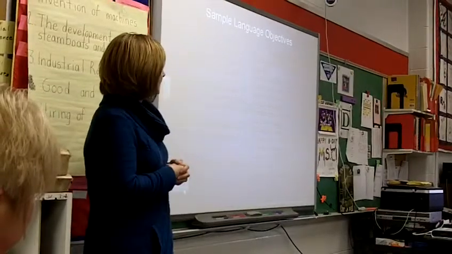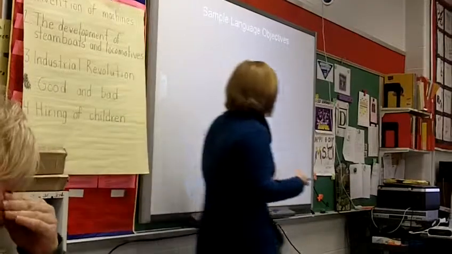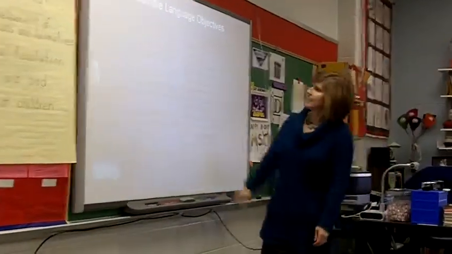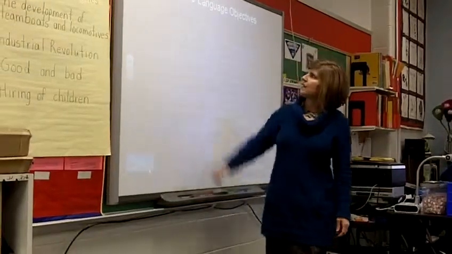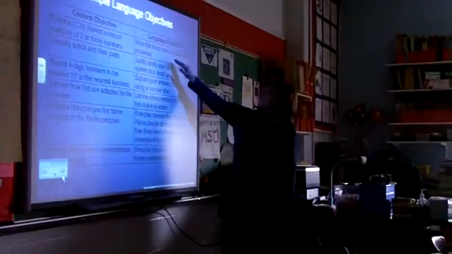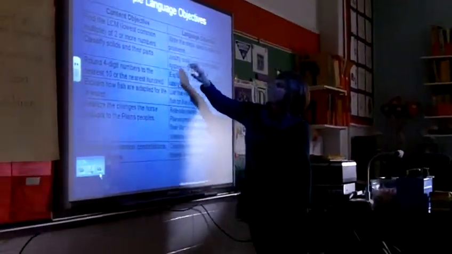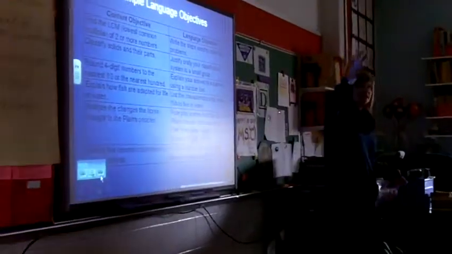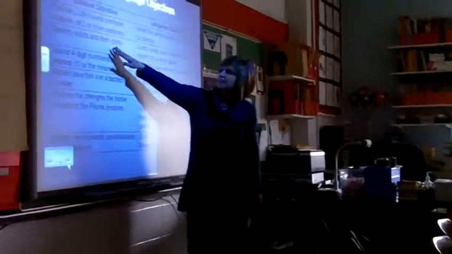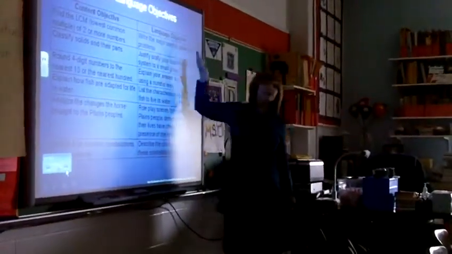Okay. The next component goes with how we look at kids practicing their language component. And that is hard to see. The content objective is finding the lowest common multiple of 2 or more numbers. And then the language piece is this verb that is to look at writing, listening, speaking, and reading about the content. So if we're going to classify solids and their parts, we want the students practicing language,